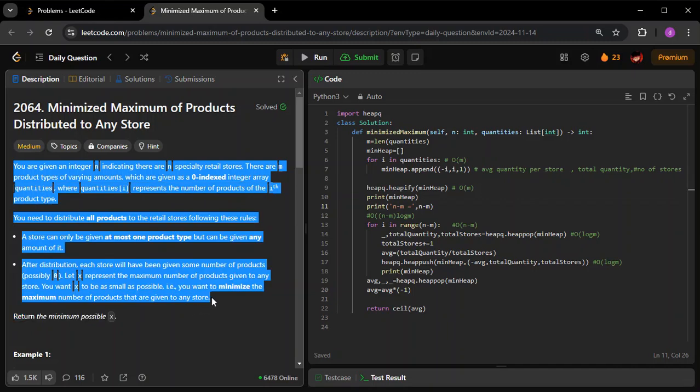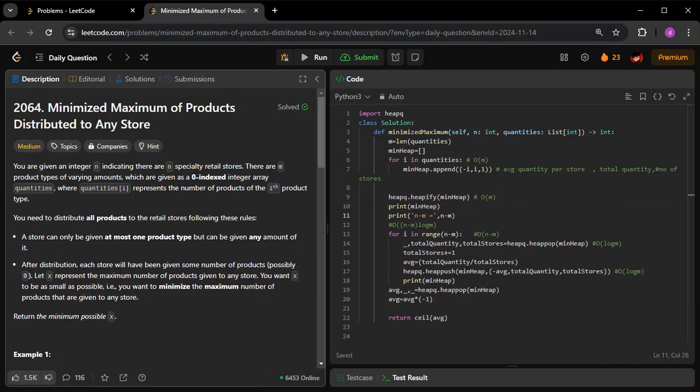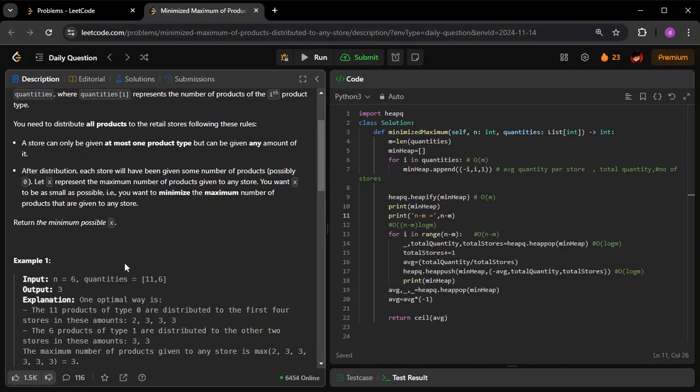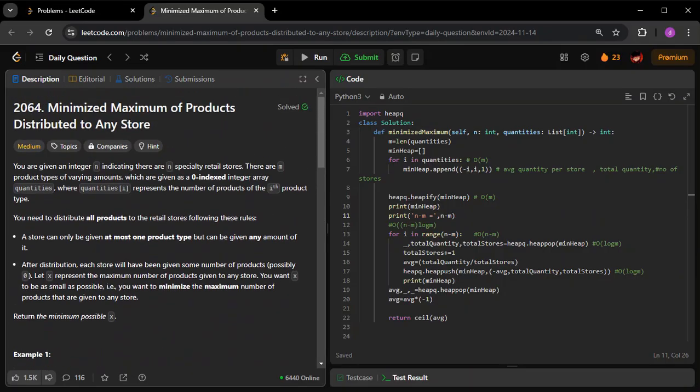These kind of things you cannot be expecting in a face-to-face interview, because there are not many approaches to solve these kind of questions. So I'm telling this in the starting itself. Let's see the question that we have today. It's going to be tricky, so there are very few approaches for this. If you try the brute force, you can get the answer, but it will not be accepted for all the test cases that we have in LeetCode. That is the only disadvantage of this kind of questions. But according to me, this kind of questions should not be asked in a face-to-face interview, because very few approaches are possible in this kind of questions. Let's see what it is.